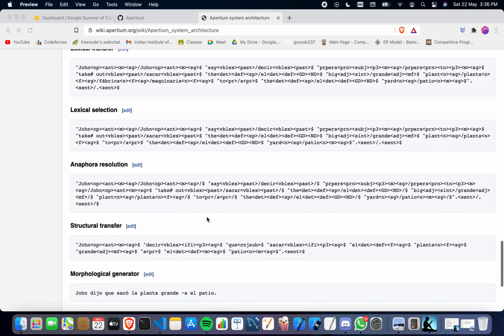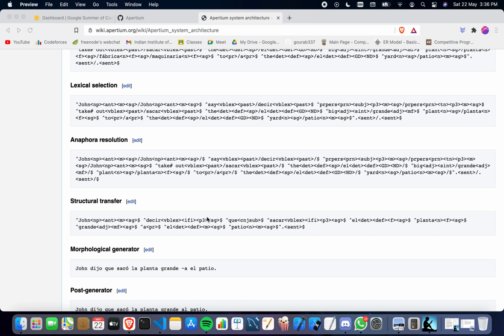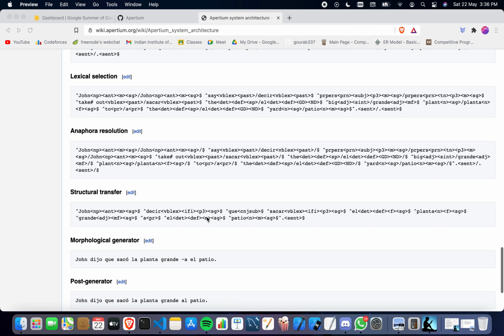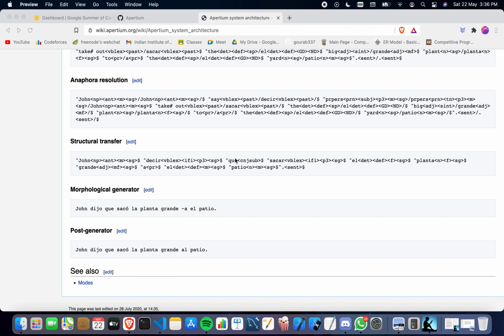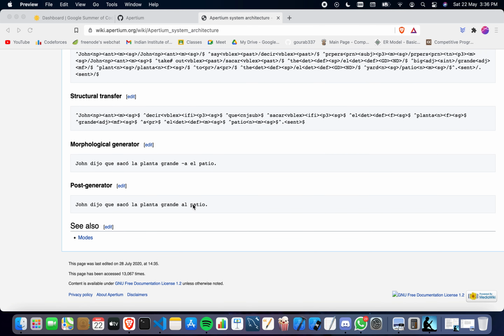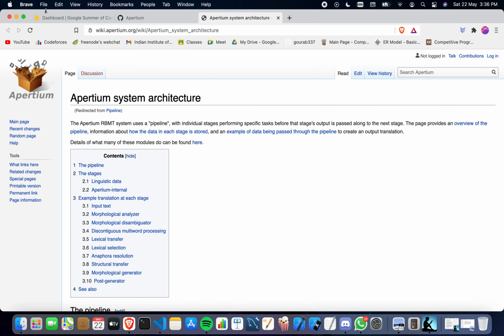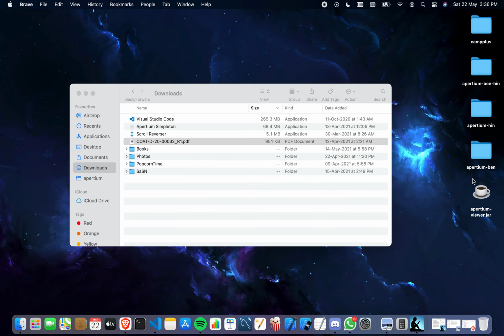So after the anaphora resolution, it will look something like this. The structural transfer, it will look something like this. And finally the morphological generator part, it will look something like this. And the post-generator will fix any anomalies that are there, and then we finally have the output, and everything will be outputted via the Apertium viewer. We can see every part of it,